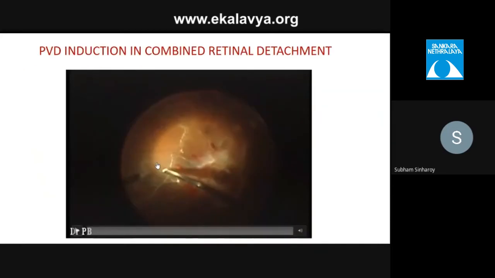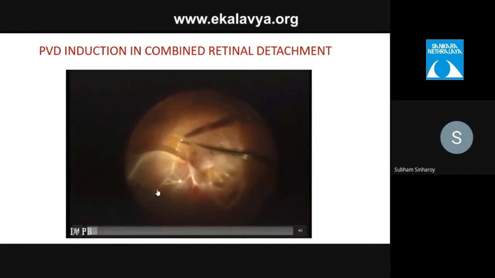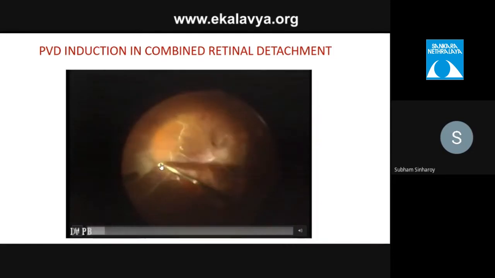That is another case where PVD induction is attempted in a case of combined retinal detachment. It is an old RD, a chronic RD actually, with all that. You can see all the subretinal bands extending, and the surgeon is trying to induce a PVD with active aspiration in the peripheral retina.